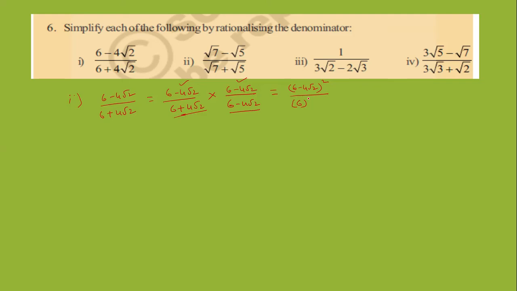In the denominator part, you may observe there a plus b into a minus b. This is a and this is minus b. That means a square minus b square. You know it. A means 6 and b means 4 root 2. You write those two and you put square, a square minus b square, like that. Finally, you observe what you get in the numerator is a minus b whole square. Already you know that. What is a minus b whole square? A square minus 2ab plus b square. In this manner, you expand the numerator part.